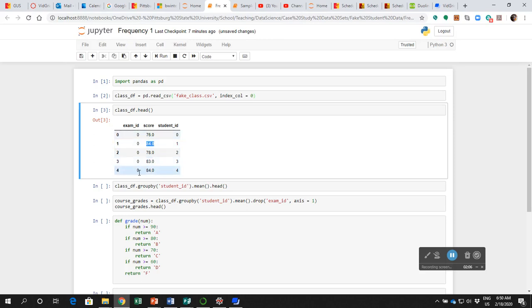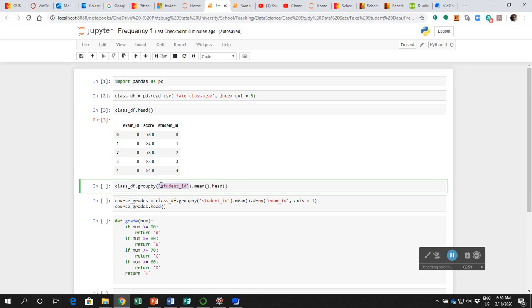Okay, so I would also have somewhere down below our exam 1 scores, and the same students repeat on exam 1, and so on and so forth. Okay. Now, in this class, how do I assign scores? Well, one way is that you look at every student's score and you take the mean of all exams that student does. Now, the way that we can do this is we take our class_df and we choose to